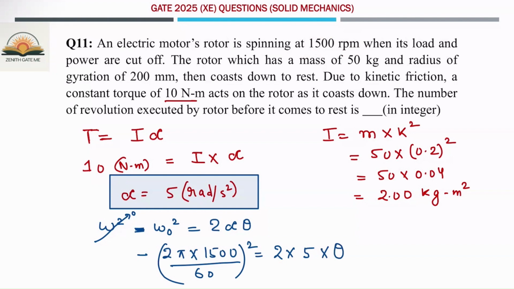If you see, this angular acceleration is a negative value because it is trying to reduce the angular velocity. That means it is a retardation case. So I write a minus sign, because alpha is trying to reduce the angular velocity, which is moving at 1500 RPM. That's why it becomes 0. Now this minus minus will cancel out, so you will get the theta value from this one,